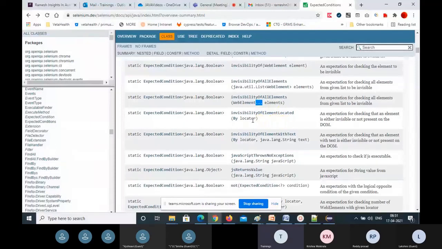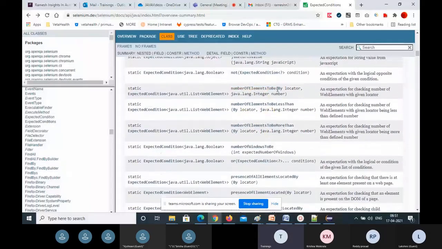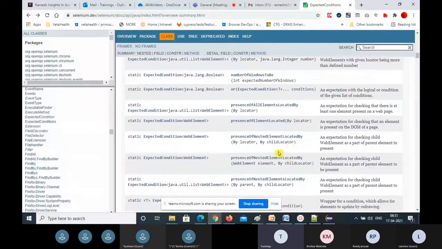invisibilityOfElementLocated by locator. invisibilityOfElementWithText: you are waiting for the invisibility of a particular text in this location. Like that, so many: numberOfElementsToBeLessThan, numberOfElementsToBeMoreThan, numberOfWindowsToBe, presenceOfAllElementsLocatedBy, presenceOfElementLocated, presenceOfNestedElementLocatedBy.